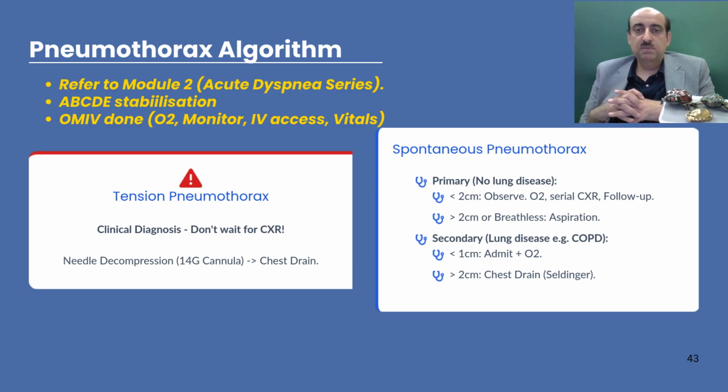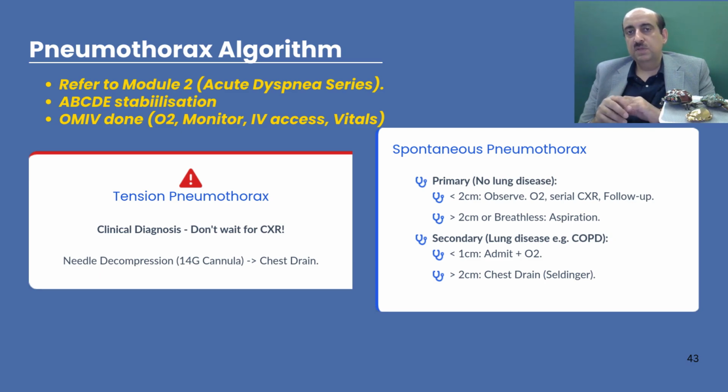Usually observation, supplemental oxygen, serial chest x-rays, and a follow-up should suffice. However, if there is more than 2 centimeters or breathlessness, or if the patient has symptoms, then it might need needle aspiration. In terms of secondary pneumothorax, anyone with an underlying lung problem like COPD,